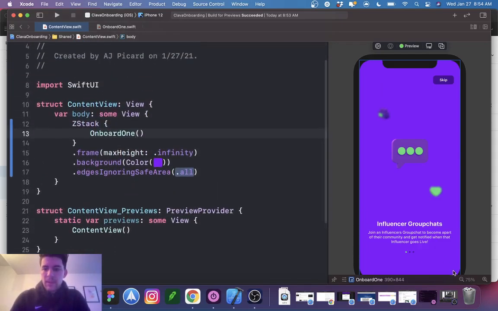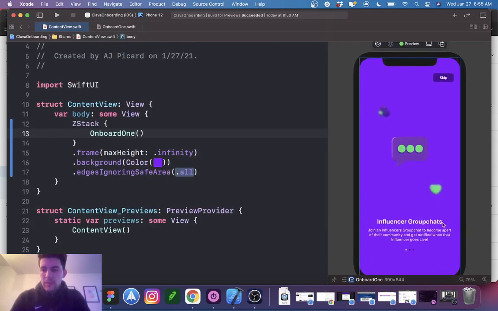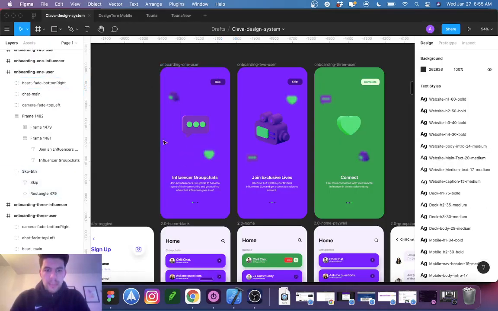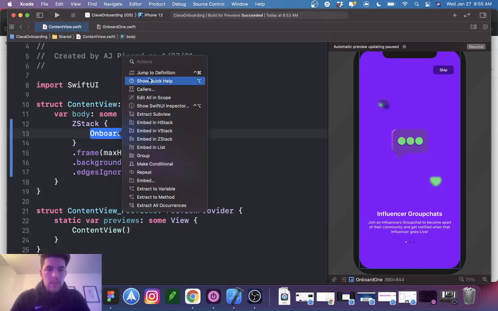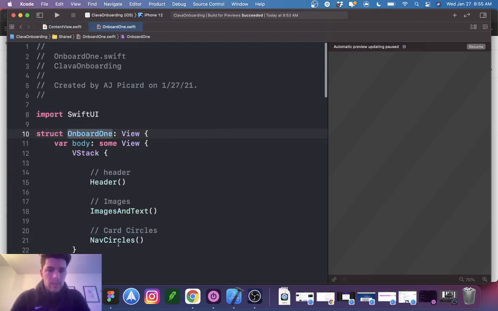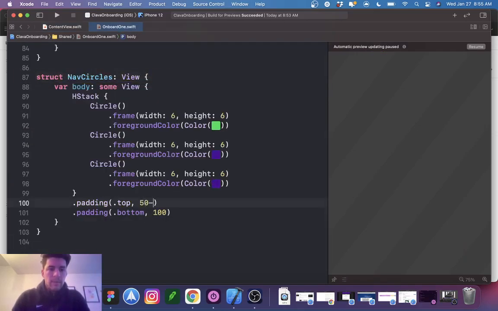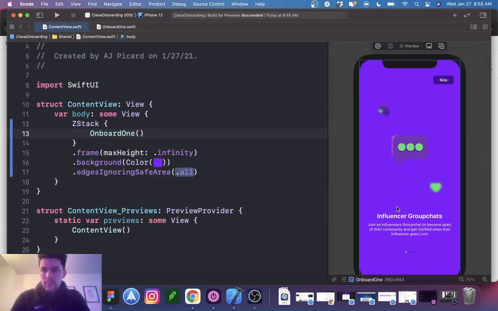But that's it for this episode, guys. I think we nailed it. I think we got it exactly. Yeah, I mean, look at this. This is the design I have. Maybe we can move these dots a little more. So what I'm going to do is head on down to here, and I wonder if I add a 50. And click resume. Yeah, that